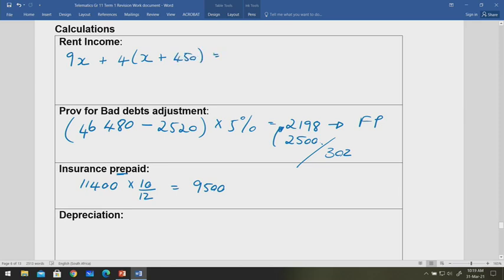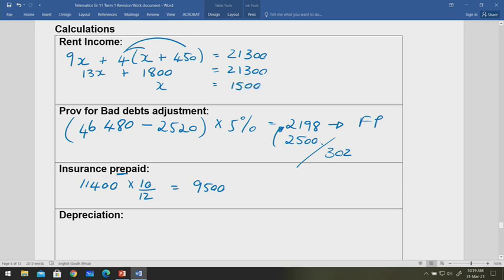And that gave us the amount on the pre-adjustment trial balance, the 21,300. So now we can solve X. We know 9X plus 4X, 13X, plus 4 times 450, which is 1,800, equals 21,300. You take over the 1,800, subtract that, divide by 13, and you get X that equals